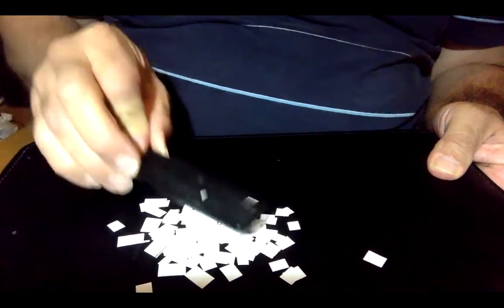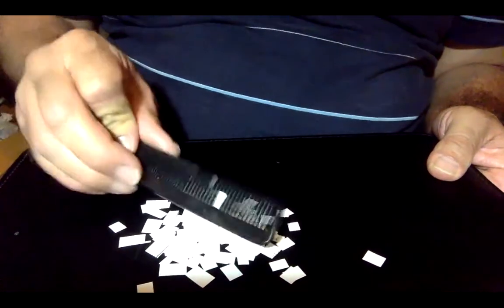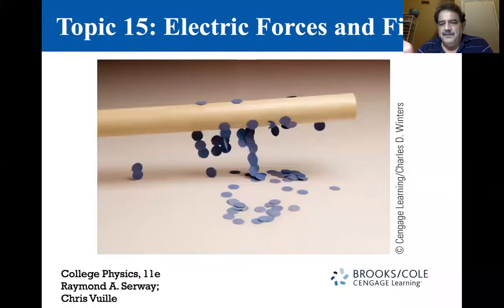You can see there's some static buildup that occurred, and we're going to see, just like they do in the notes. Let's share the screen. It starts off with a rod. I didn't pick up as many pieces of paper as this rod did, but it did pick up some pieces of paper because there was a transfer of electrons that causes an imbalance that causes these bits of paper